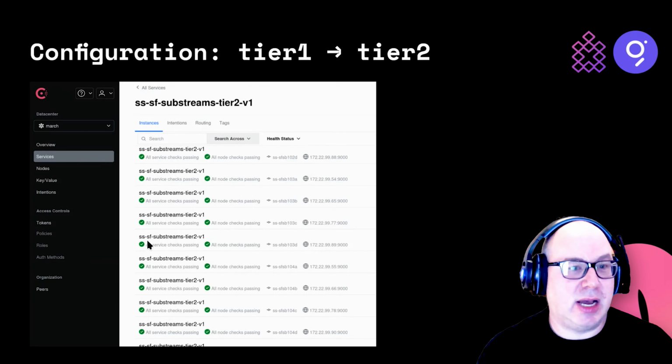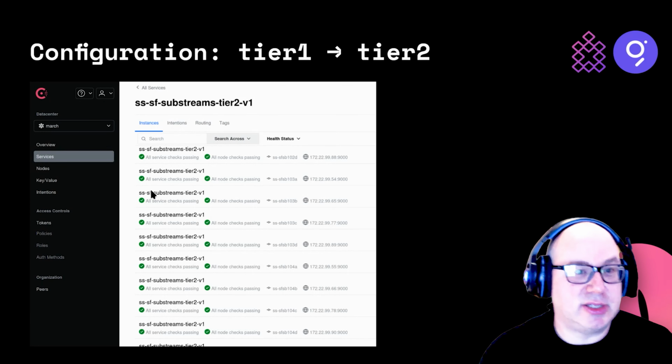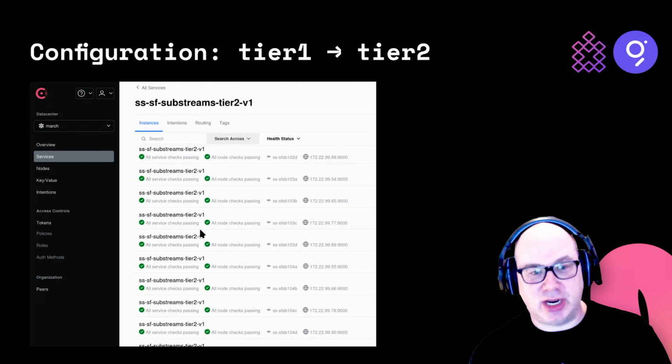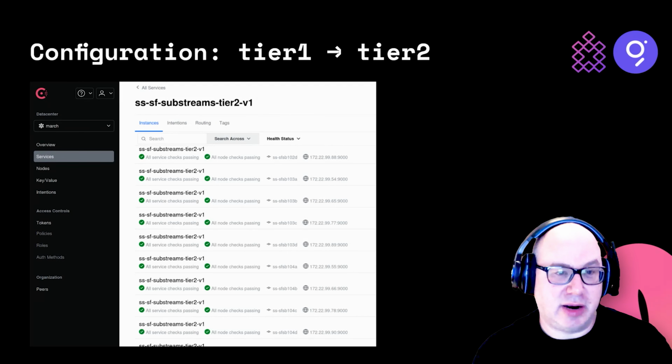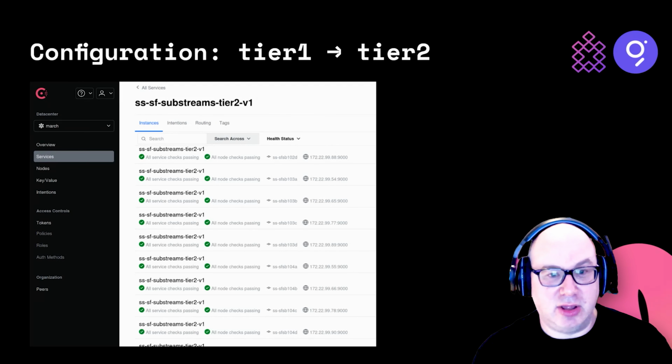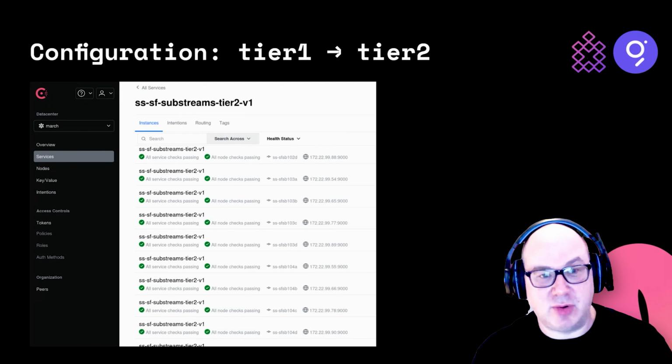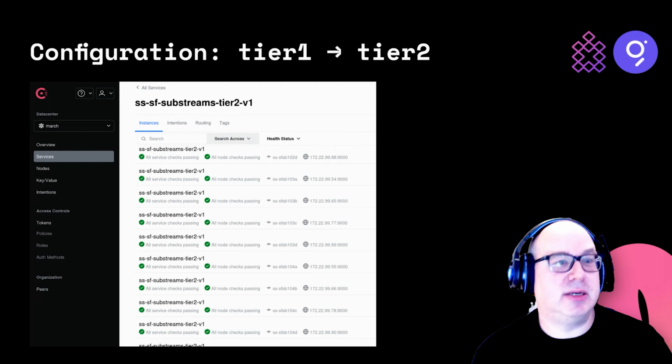Okay, I lied. It's not on the next slide. It's on the next slide after. So I'm just showing a screenshot of what Consul looks like in our case. So you can see all the nodes here, and they're all healthy. If they were not healthy, then there would be a red X inside the Consul UI.